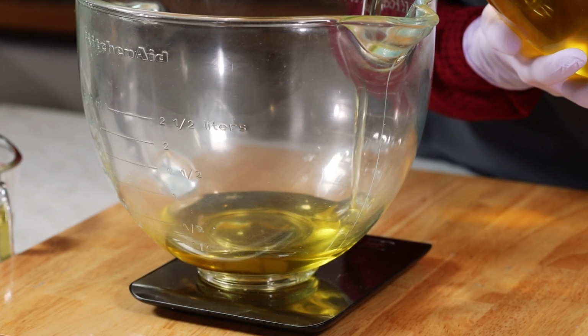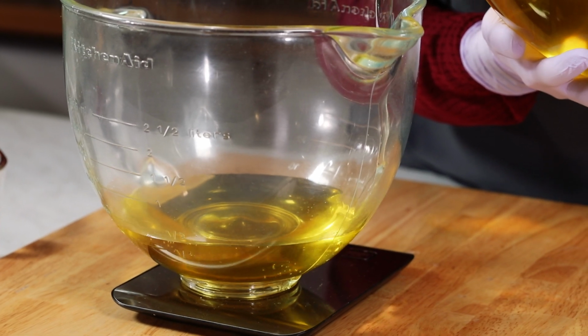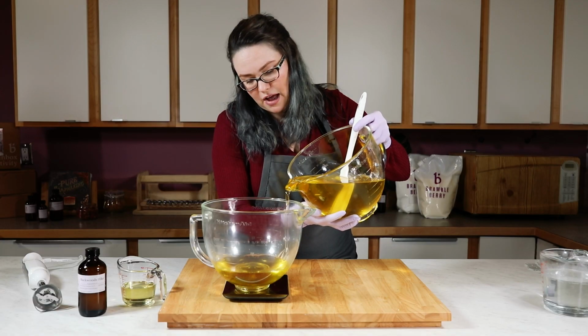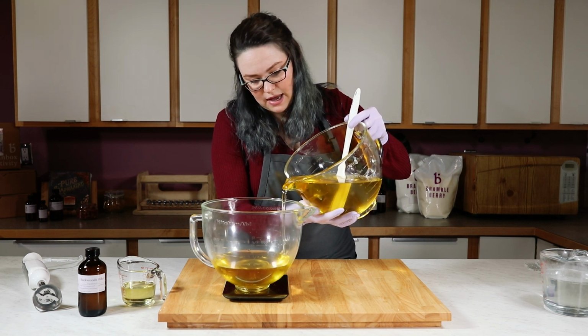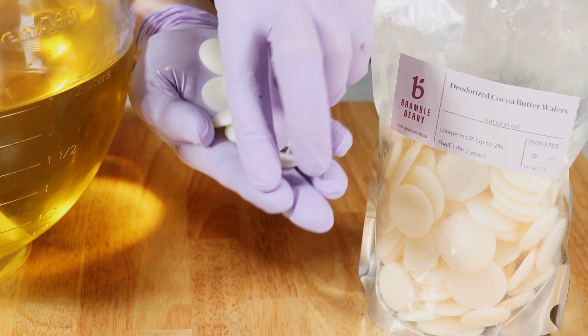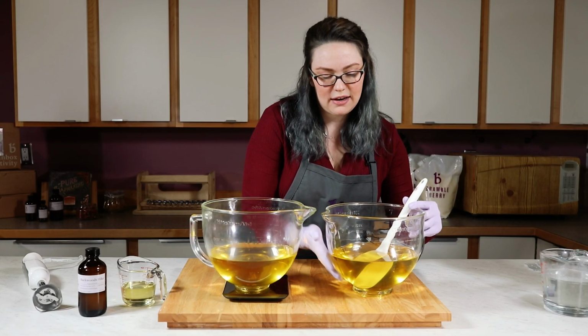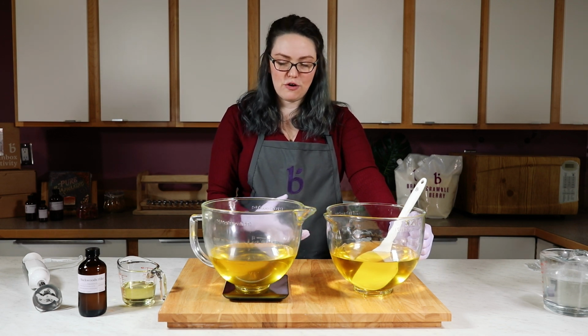This recipe that I'm using is one that was developed specifically for sculpted layers. It's really helpful to have a high percentage of butters when you're using this technique. This recipe has, I think, 17% butters, and it's available for you in the link with the video. Having that high percentage of butters is nice because it helps your layers set up nice and firmly, but